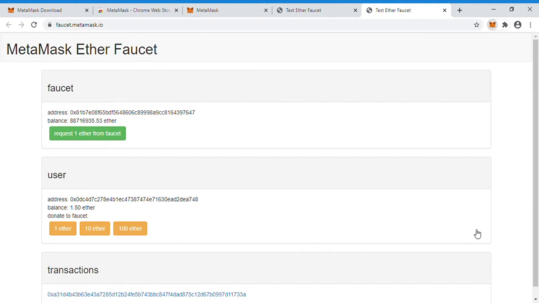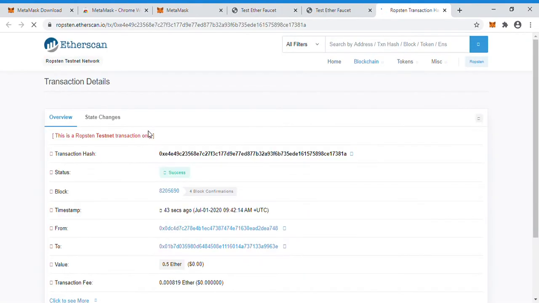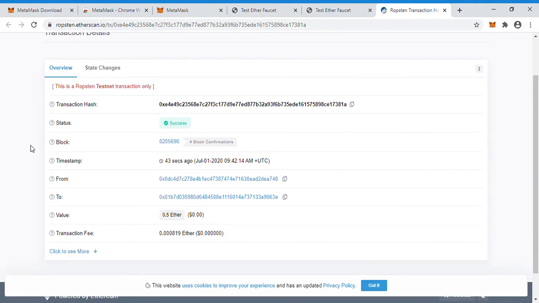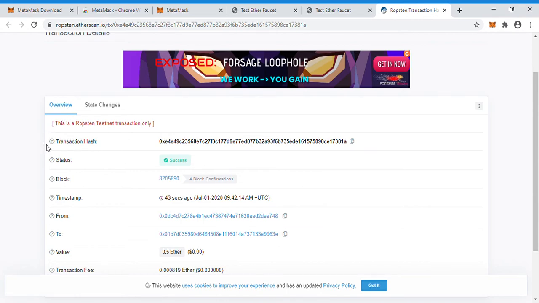Okay, so the transaction ID is generated for this transaction, and we can view the block details or blockchain details in Etherscan. You can click on this symbol. Here is the Etherscan. Yeah, here is the blockchain concept we have. I have transferred some cryptocurrencies. This is the transaction hash for that particular transaction. I have transferred 0.5 ether from Shashi to Rishi, Rishi to Shashi. So this is the transaction hash.